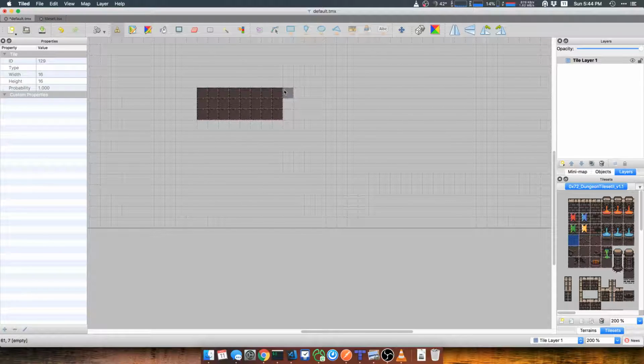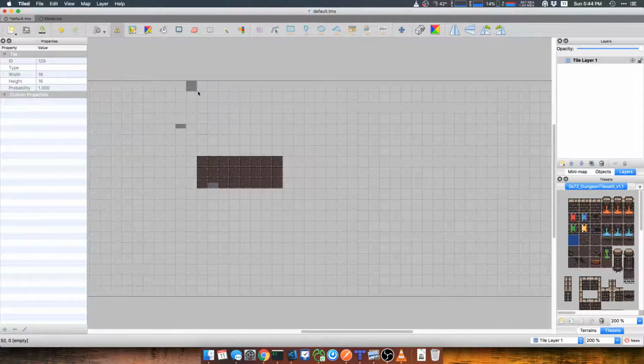So the whole idea of this is so you can hopefully see it from start to finish. In Tiled, you basically load up a new map, and then over here you'll have a button to click for loading a new tile set. And I auto imported the tile set, which is just a simple image file, and you tell it how big the tiles are. In this case, it's 16 by 16 pixels, and Tiled does a good job of breaking them